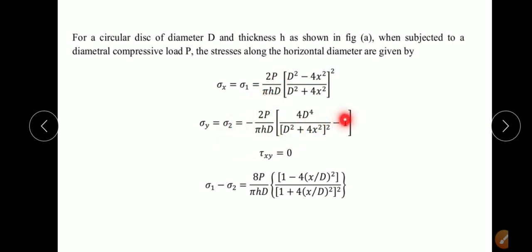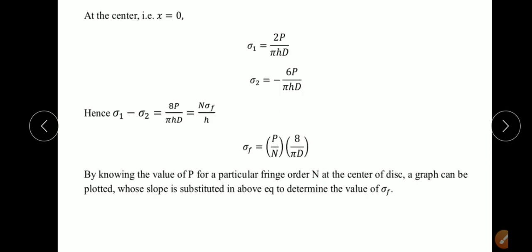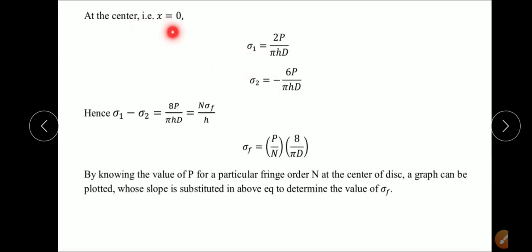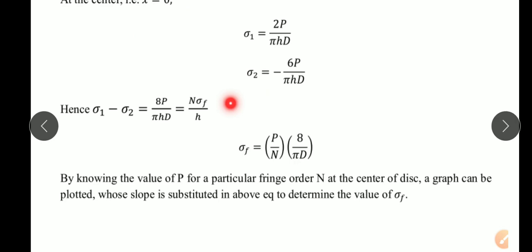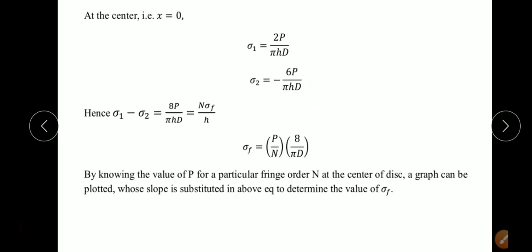Similarly in here, if you substitute x equal to 0, you are going to get this term 0, and if you simplify this, it's also going to get 1, and it will be minus 2P by pi hd. So like that the term is going to be taken, and 8P by pi hd is the value if you substitute x equal to 0 in here. So similar equations, if x is equal to 0 at the center, the equation is going to change, that is